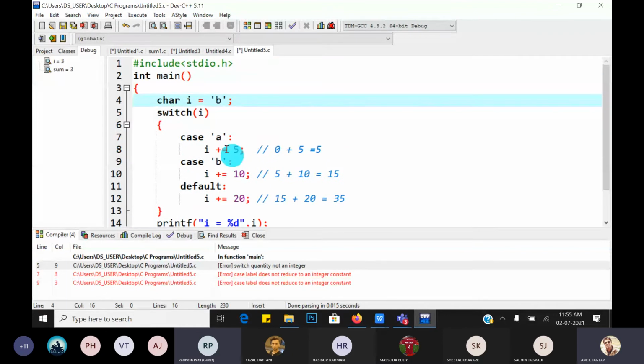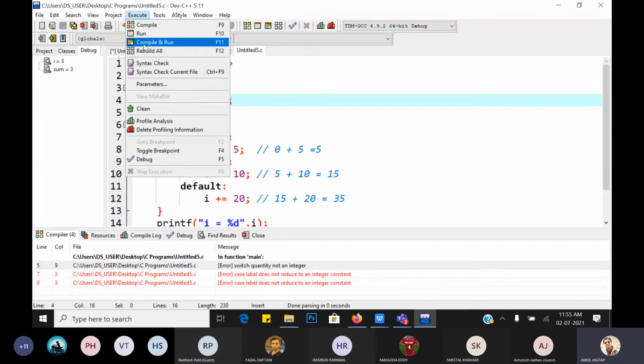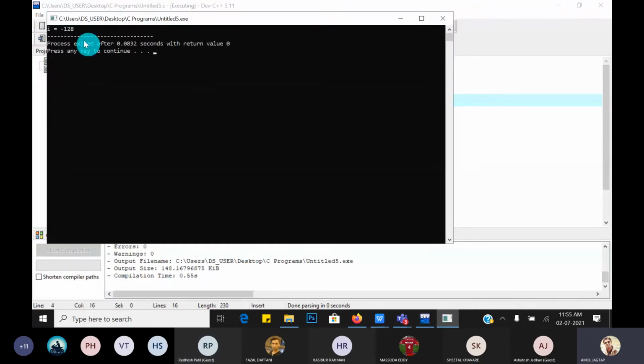This B is matched with the B, then 10 plus B. Just compile and run.